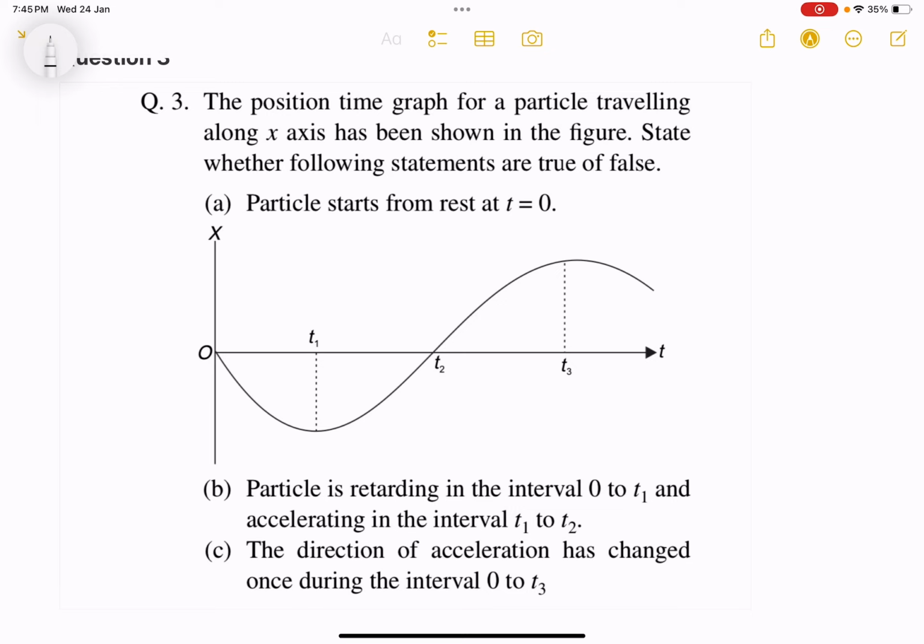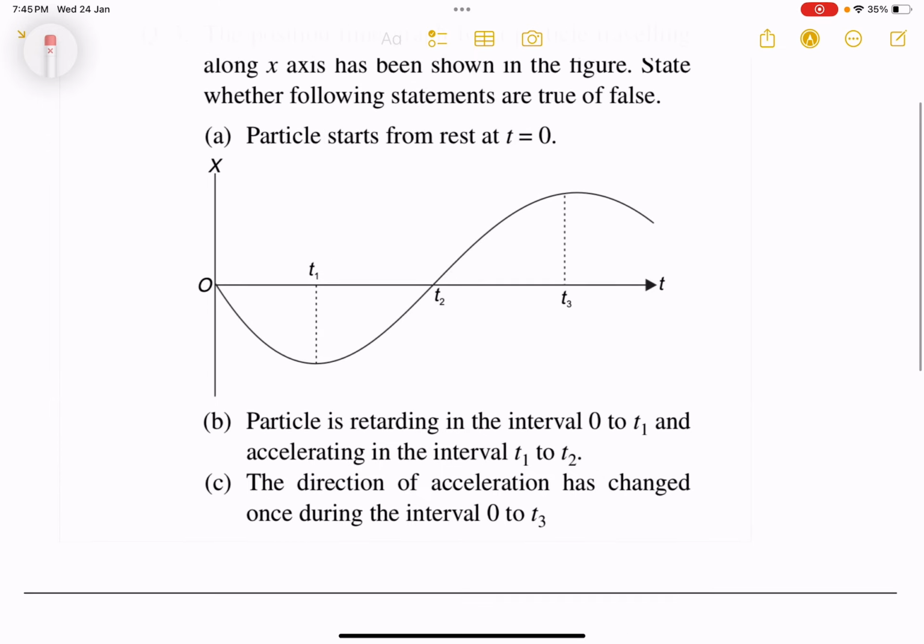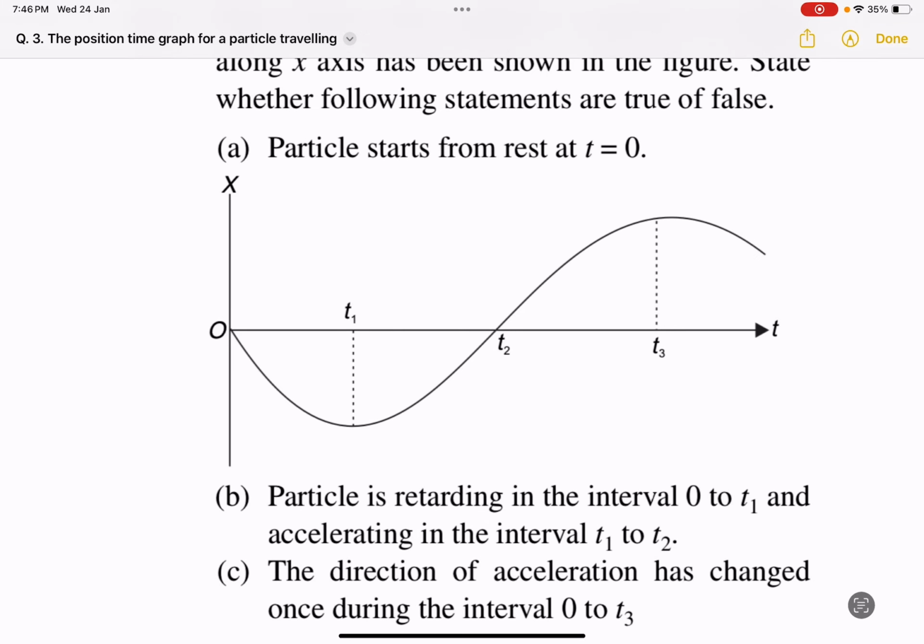For statement 1, we have to figure out whether the particle is at rest at t equals 0. For that, we should look at the slope of the graph. You need to understand that velocity of a particle is dx by dt, and that is the slope of the tangent of the x versus t graph. So here, if we draw a tangent on the x versus t graph at t equals 0,